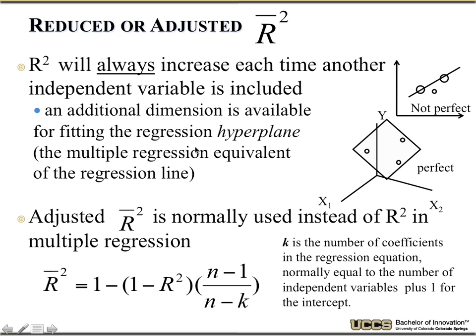Every time I increase a variable, right, I will always do better in my calculation. So if I have 3 points, there's no line that exactly fits 3 points. But there's always a plane that exactly fits 3 points. So I think that probably should be decreased, right? 3 points uniquely define a plane. So the error, if I fit 3 points with a plane, is 0, right? Because it exactly predicts all of them.